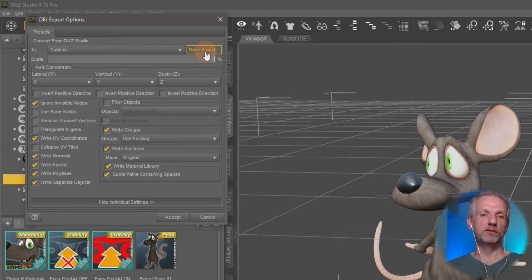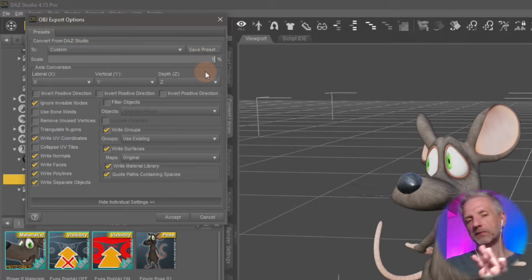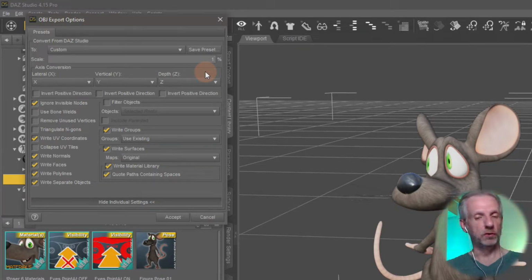You can even create yourself a new preset with that, but the difference between the way Blender and DAZ Studio perceive OBJs is a factor of 100. So you need to export at a scale of 1%, and then it comes in okay in Blender. And then from Blender, you need to export at 100 times 100 to get it back into DAZ Studio so that the conversion process works. So I'm going to use 1%, hit accept,